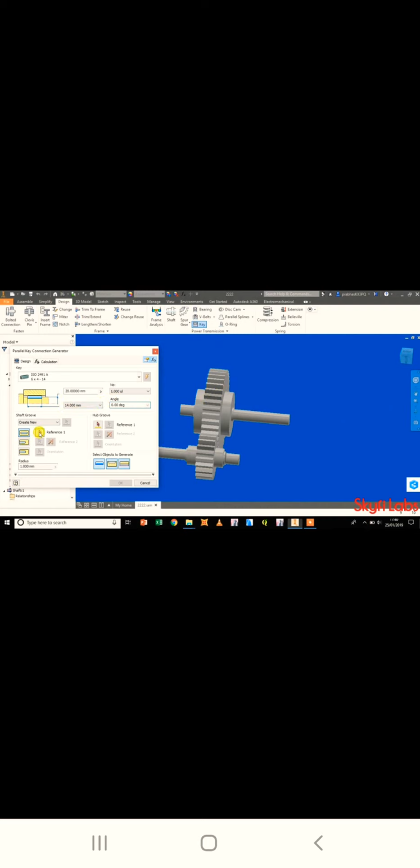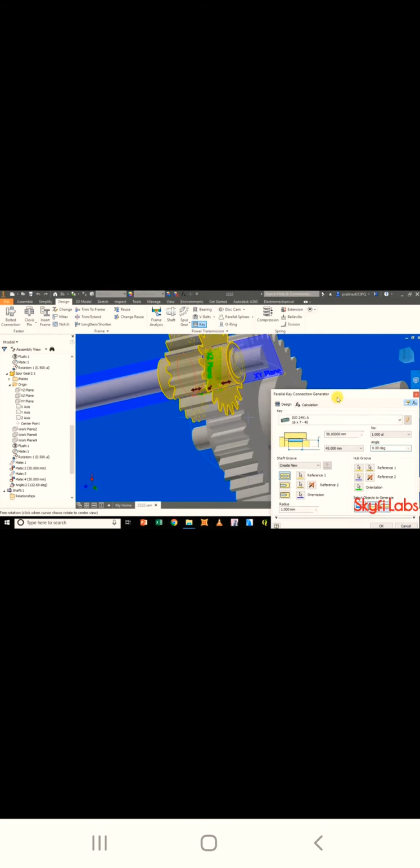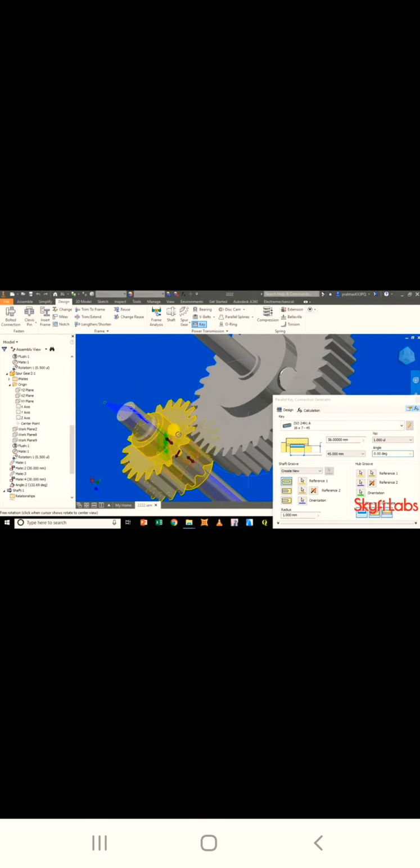Select the central section of the shaft as the cylindrical reference, and the plane at the end of the section as the planar reference. We then select the face of the smaller gear as the planar reference for the hub, and the radial face between the grooves as the circular reference. Again, we resize the key to ensure that it has enough clearance from the section ends and also extends beyond